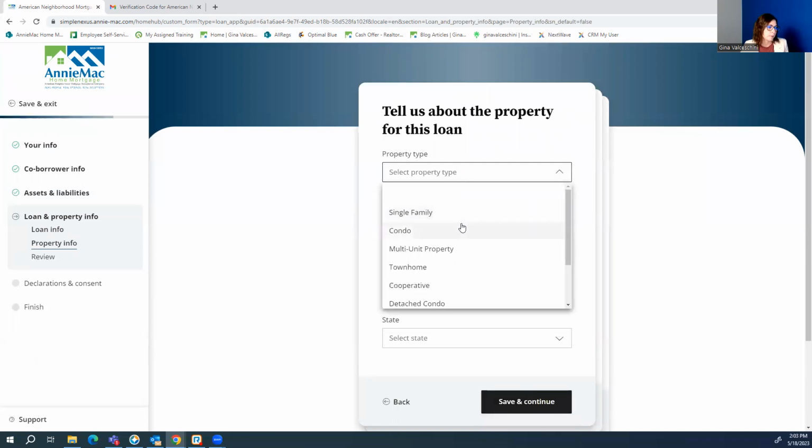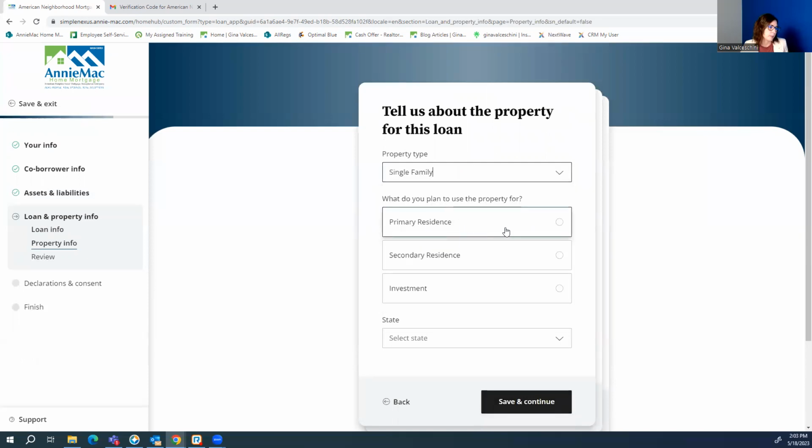Now property type, let's say we'll just put single family, primary residence. So I'm licensed in Nevada and California, but I can lend on almost any state. I would just have to refer it once it's in escrow. So what I tell people, if say they're wanting to buy in Idaho, Texas, somewhere I'm not licensed,